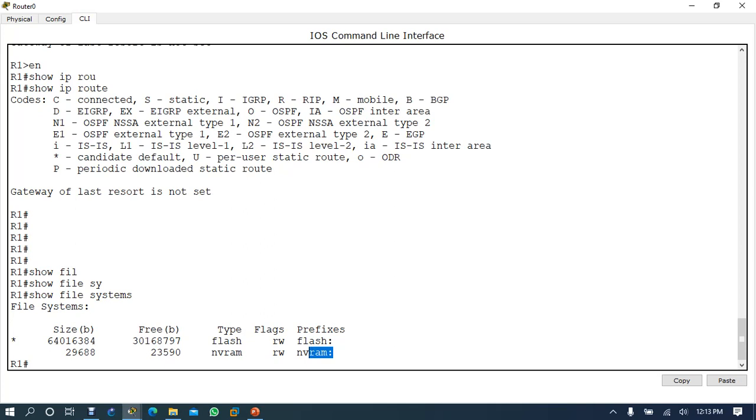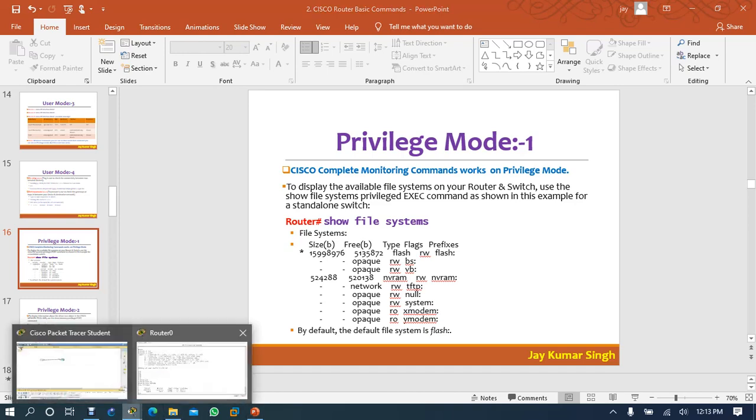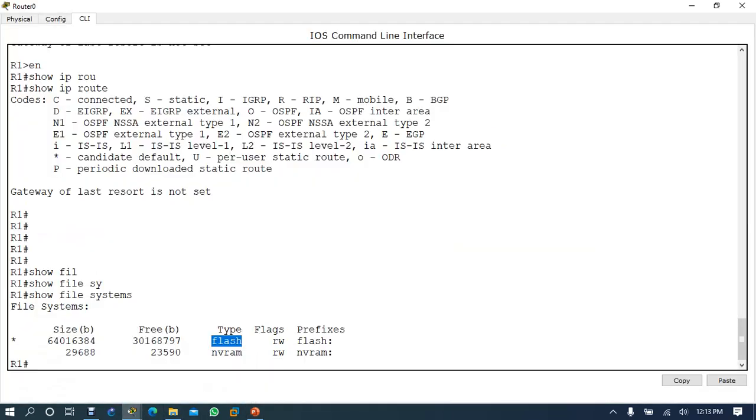In NVRAM these are the files of the IOS. This is the size, this is the free size, and this is the flash memory. So this is the file system. In the slides you are getting more details, but here you are getting less detail, because this is software, not a real router. In a real router you can get the details of your file systems.